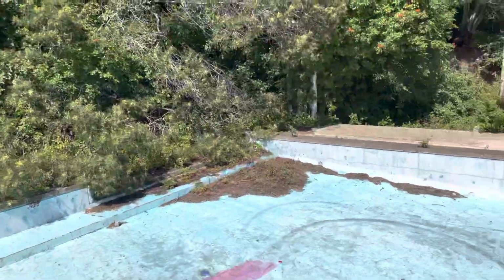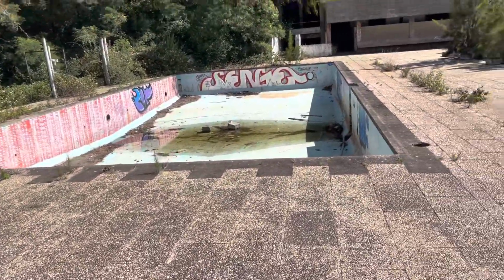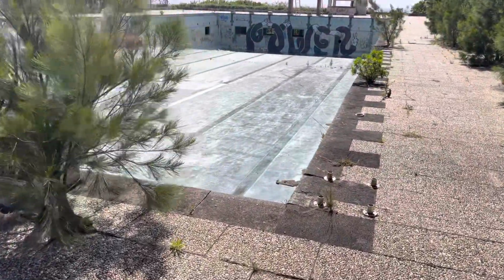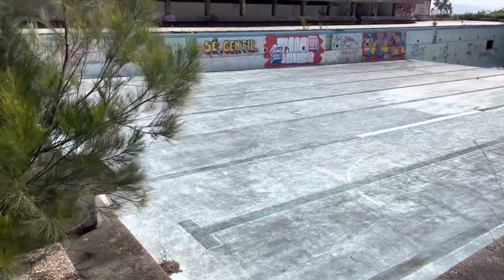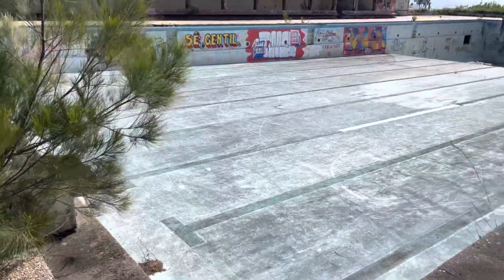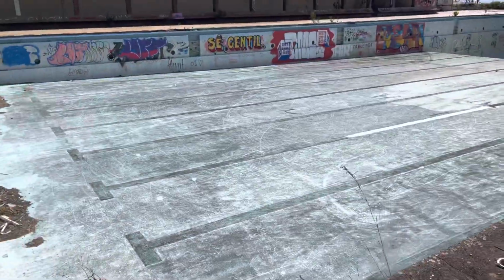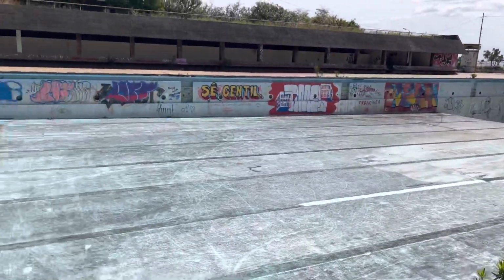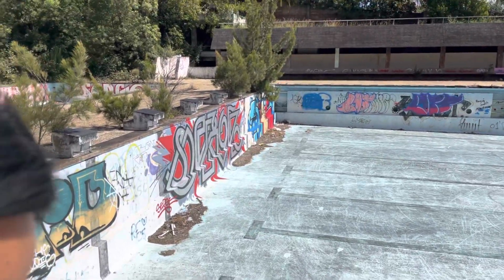Certainly does. And let's go to the big one here. This looks very much like an Olympic-sized pool. Would you agree? Agree. It really does, actually. We've seen videos of this online, and other people have commented that this was probably an Olympic-sized pool. But you can make out...